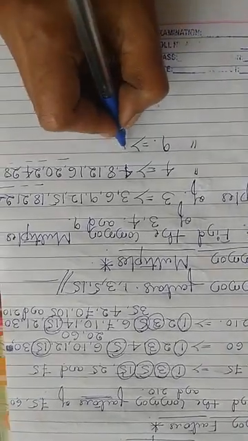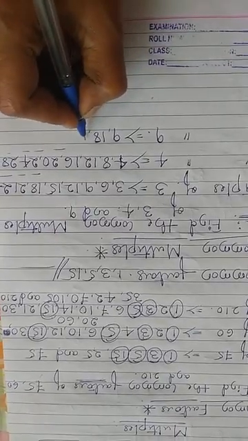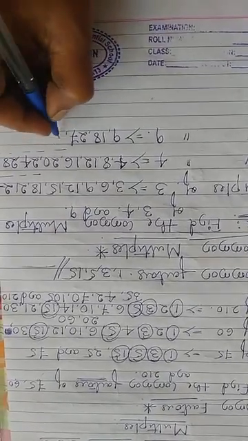Next, 9 1s are 9, 9 2s are 18, 9 3s are 27, 9 4s are